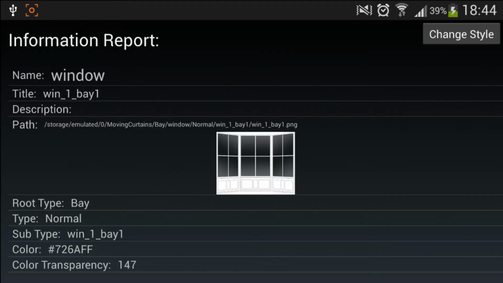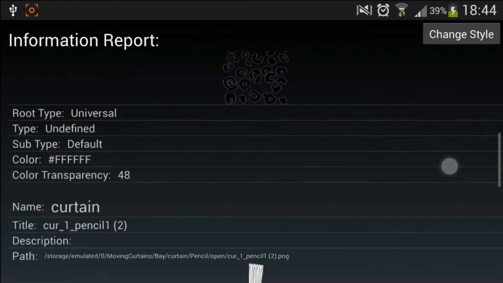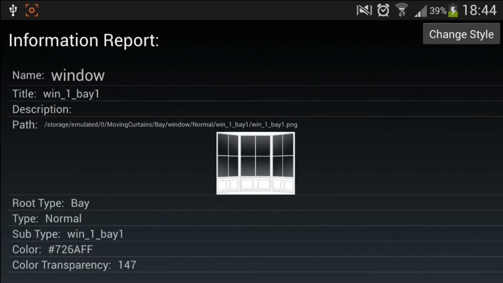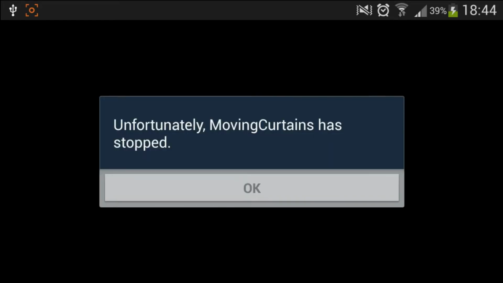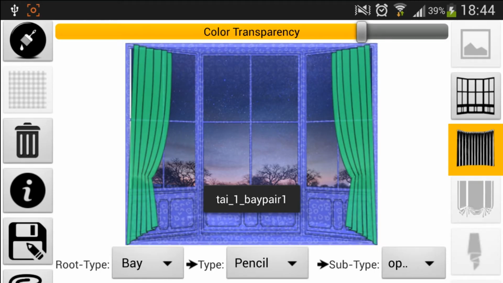We can also change style if we don't like the black color or it's not so visible. So we just press on top right corner, change style. Application has been crashed again. Usually it happens because of bugs, errors, which are still not solved.